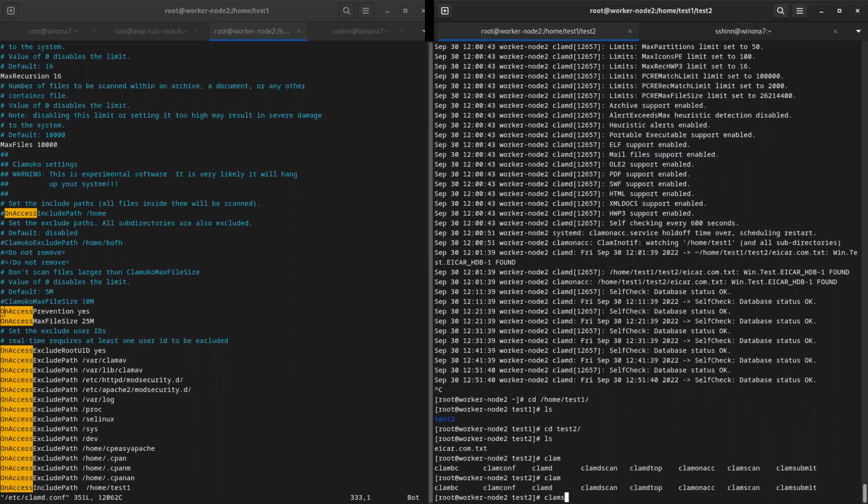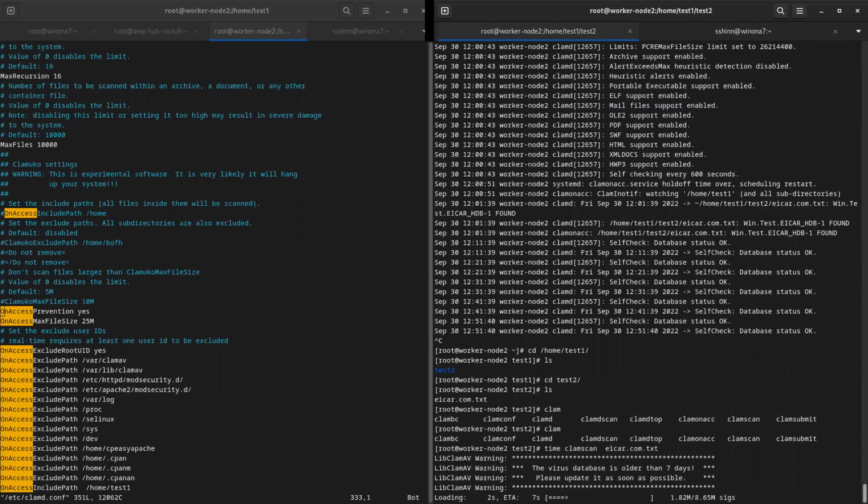Watch me not have it. No, I do. So clamscan on an EICAR test signature. This is nice because it's telling me how long it's taking to load the signatures. It's loading that 1.2 gig or whatever file into memory.